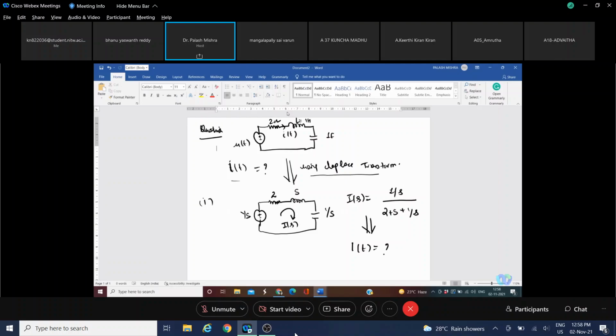I'm giving you 2 minutes, not 2 minutes, take 3-4 minutes, because this is a little bit tricky. Use the concept which I have just told you: the Laplace of t times ut is 1 upon s squared, because it was t to the power of n giving s to the power n plus 1. Because this is t to the power of 1, the Laplace is 1 upon s squared. So now please solve this question using this concept and let me know the current value. I'm giving you 2 to 3 minutes. Please solve it.